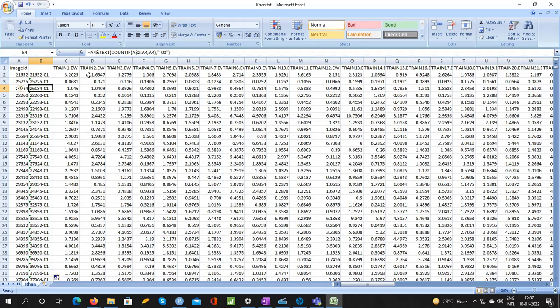Yes, ma'am. Then $A$2 to A4. So what it is doing is, the first entry is fixed at $A$2 because anyway my first row is the row title, so I don't need to worry about that. So from A2 to A3, how many times has A3 repeated? Then when I go to A4, from A2 to A4, how many times has A4 repeated? That I am counting.